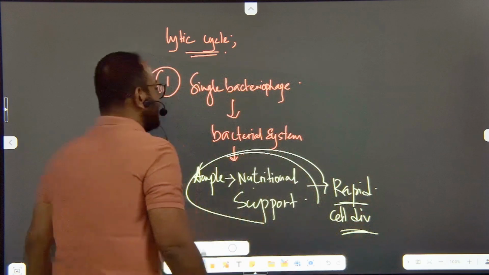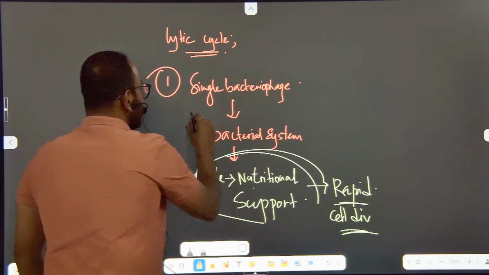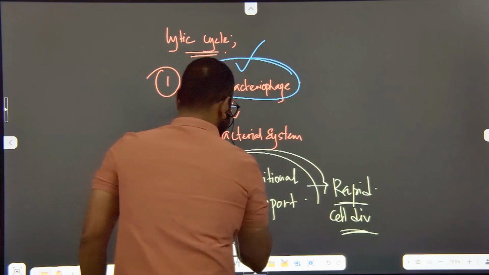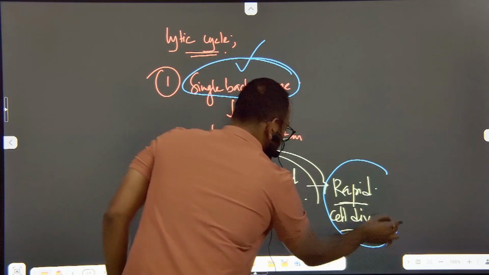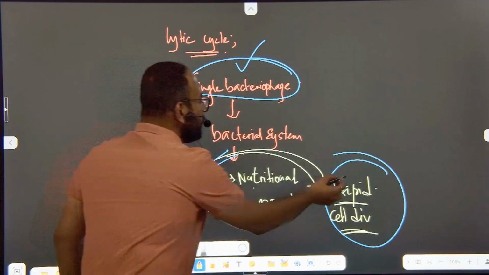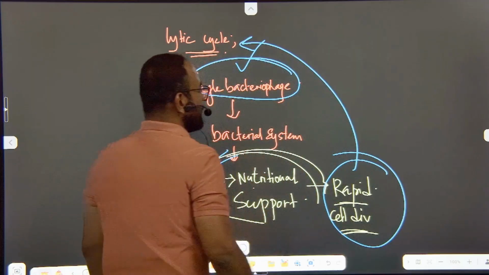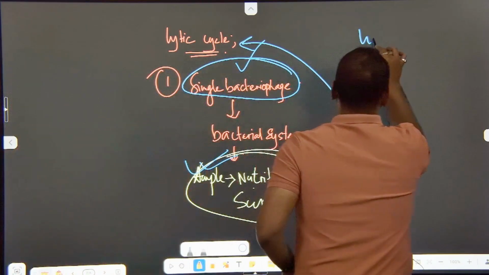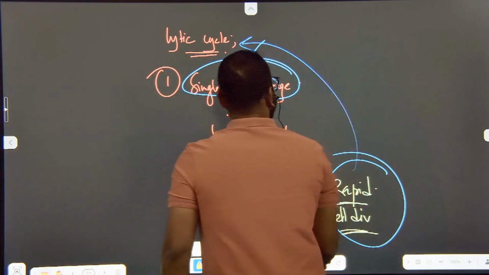If these two criteria are fulfilled, then rapid cell division will take place and then only the cell can initiate the lytic cycle. But when it comes to lysogeny,